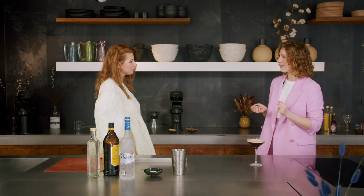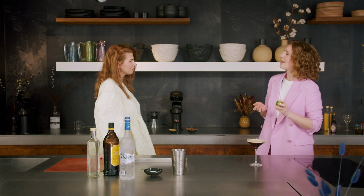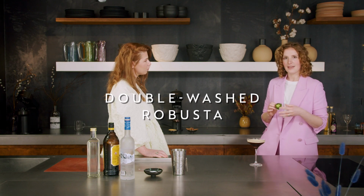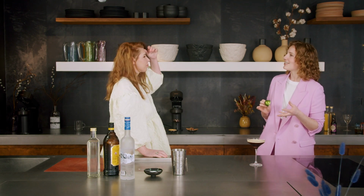So this one is coming from Mexico, and it has quite a significant process. I don't know if you heard about it. No. So for this coffee capsule, we used some double washed Robusta. Normally, washing coffee is a post-harvest processing that we apply on Arabica. These coffee beans have not only been washed once, but twice, because the Robusta fruit flesh is thicker, it's very